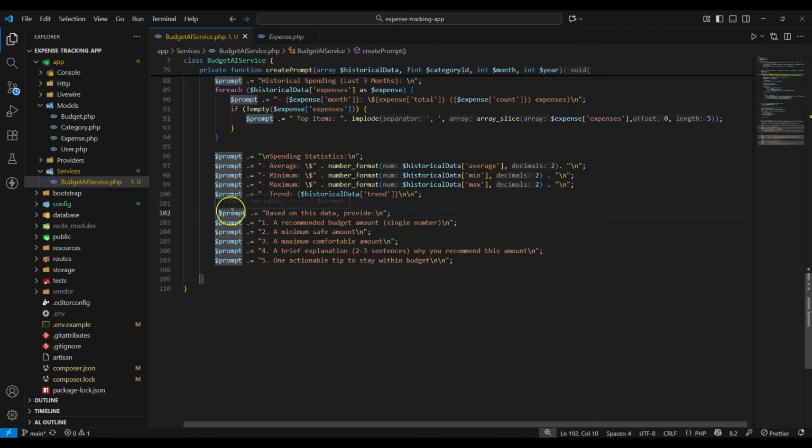So the first thing we're going to say is, based on this data which we have provided, provide: first, a recommended budget amount, which is a single number; second, a minimum safe amount; third, a maximum comfortable amount; fourth, a brief explanation within two or three sentences on why you recommend this amount. Then the last one, which is the fifth, should be one actionable tip to stay within budget of a